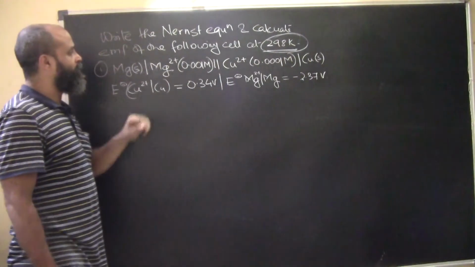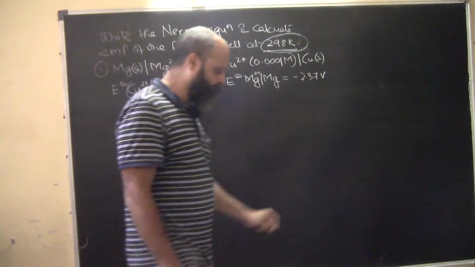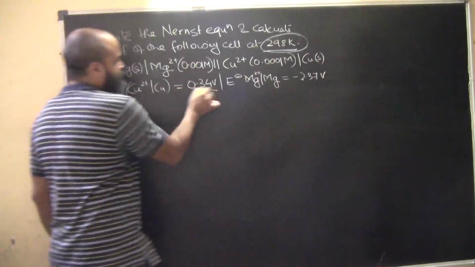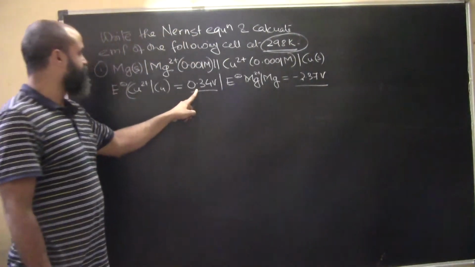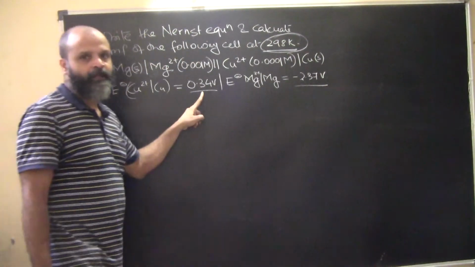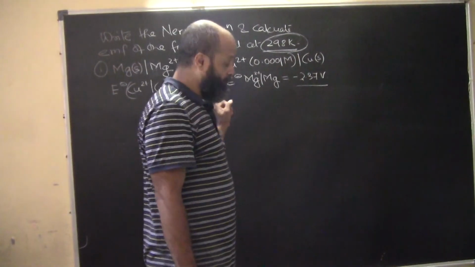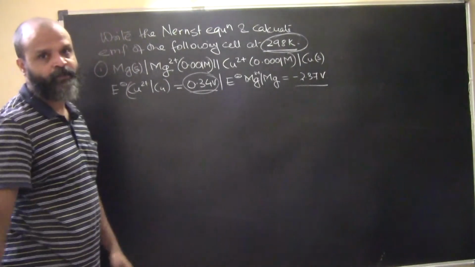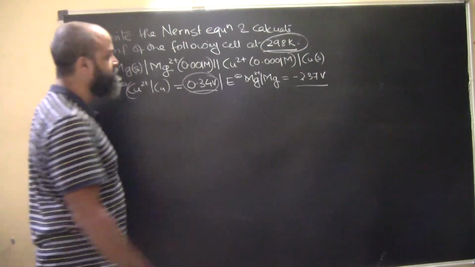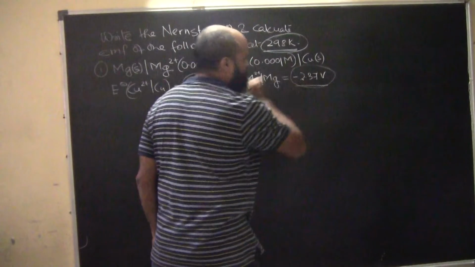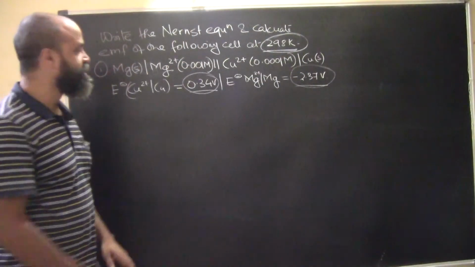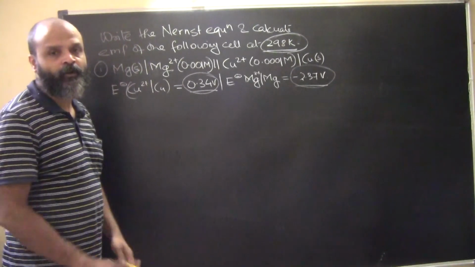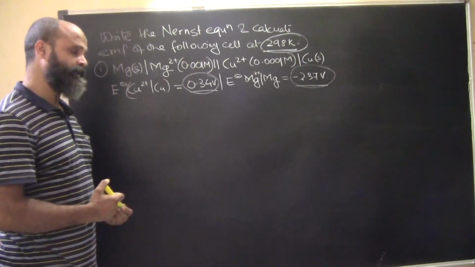Now we have to understand this cell. This is basically made up of magnesium and copper, and their standard reduction potentials have been given. So obviously copper is the one which is undergoing oxidation. Sorry, copper is the one which has a higher reduction potential. It has a reduction potential of 0.34 volts, and magnesium has a reduction potential of minus 2.37 volts. So obviously magnesium will undergo oxidation here, and copper will undergo reduction. Am I saying the right thing? Yes.